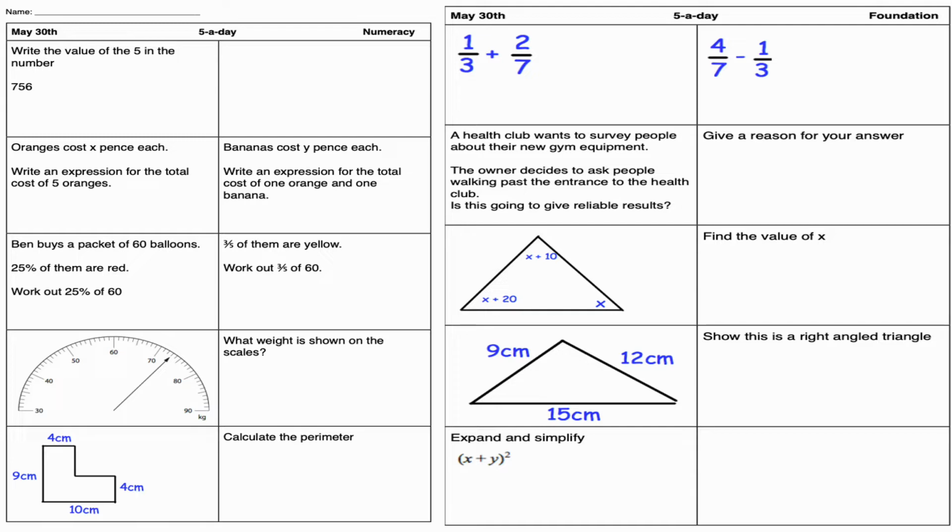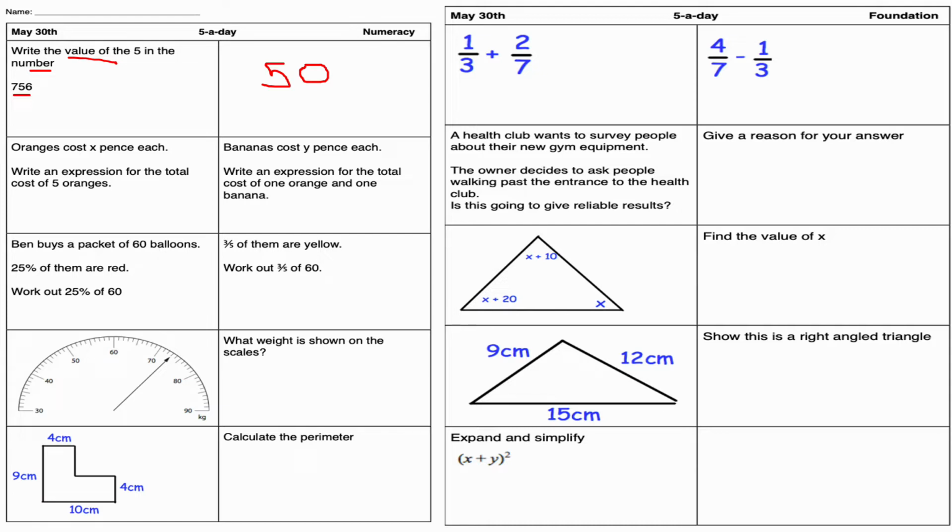This is the first question. Write the value of 5 in the number 756. Well, it's 50, isn't it? 756. So the value of 5 represents 5 tens, which is 50. That's my units column, that's my tens column, that's my hundreds column. So make sure that you're happy with your place values. Hundreds column is the 7, tens column is the 5, units column, or the ones column you may have